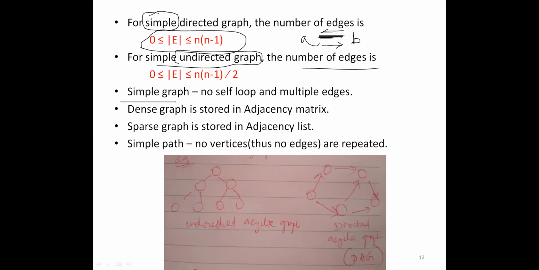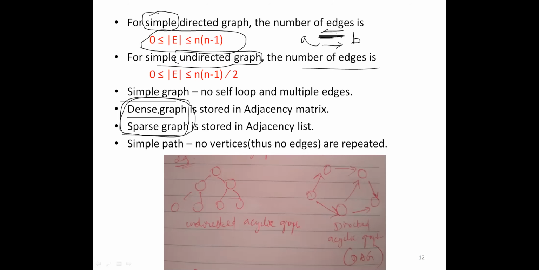So simple graphs you have seen, no self loops. Dense graph. This is a very important keyword. You have to remember this. Dense graph and sparse graph. A dense graph is one where you have more edges in the graph. It means that every node is connected to some other node. There will be more possible paths to a particular node, or you have multiple edges. So there is a higher number of edges. That kind of graph is said to be a dense graph.